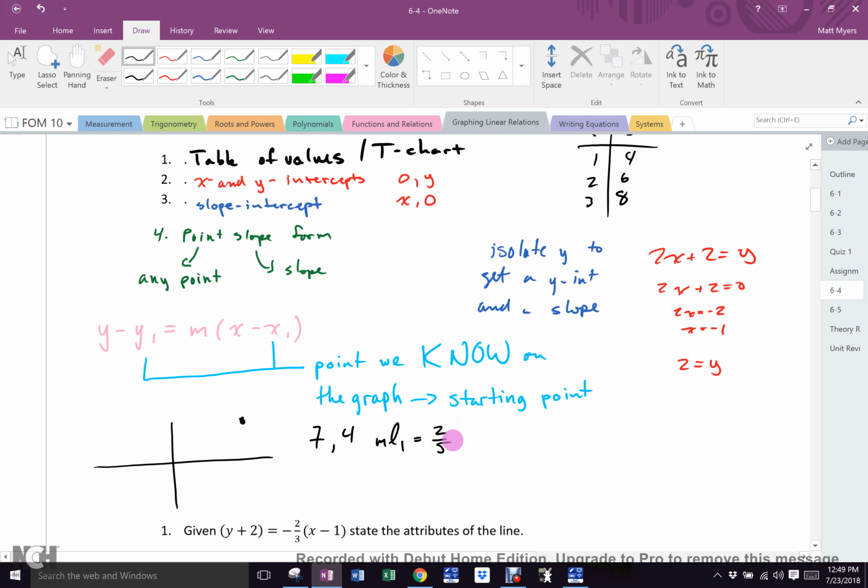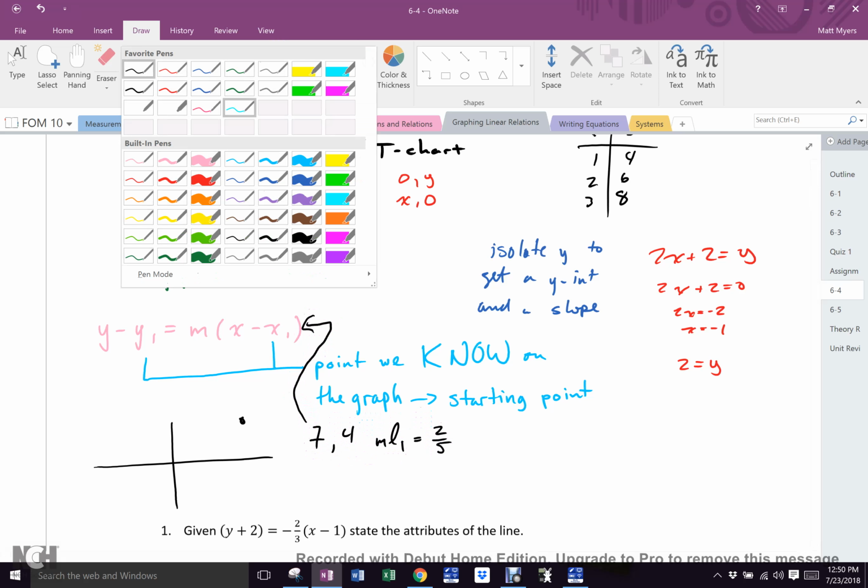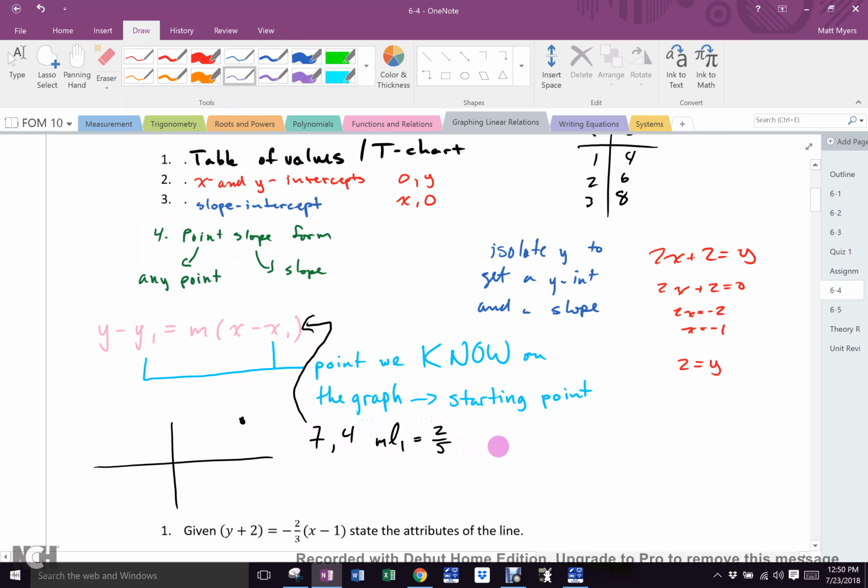All right. Now the line that goes through that point, line 1, the m of line 1 is 2/5. Okay? Now, do I have a slope? Yeah. Do I have a point? Yeah. Now, take this and put your knowledge into that pink equation and tell me what I should write right here in purple. Talk to me. y minus 4 equals 2/5